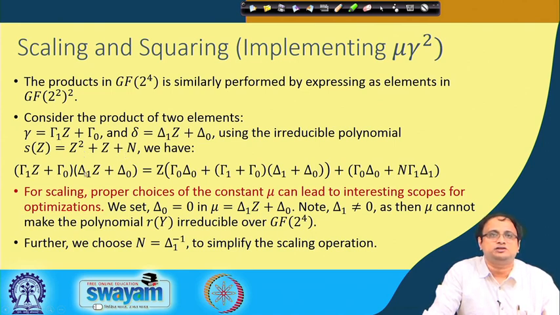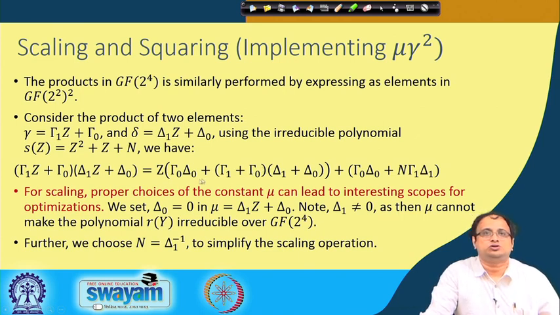When I am multiplying these two things, you can observe that there will be a term which I will get as Z squared, and this simplification is a result of the fact that I have replaced Z squared with Z plus N. The moment I replace Z squared with Z plus N, you can verify it, you should be able to get this equation. So I replace Z squared as Z plus N, and essentially this should follow.